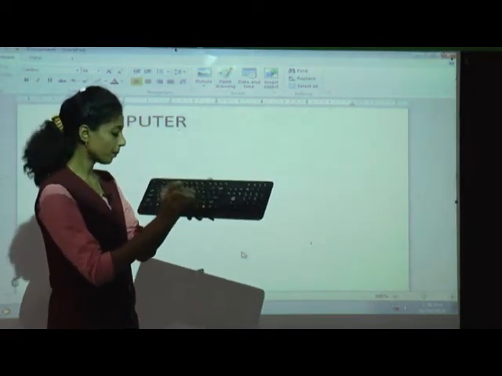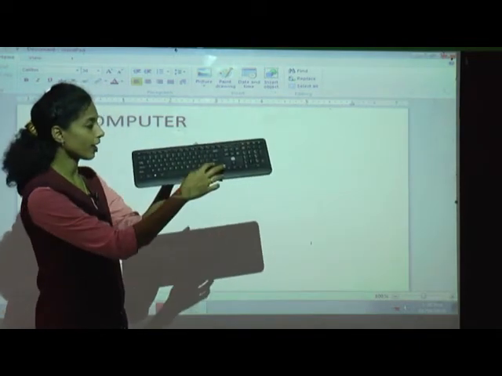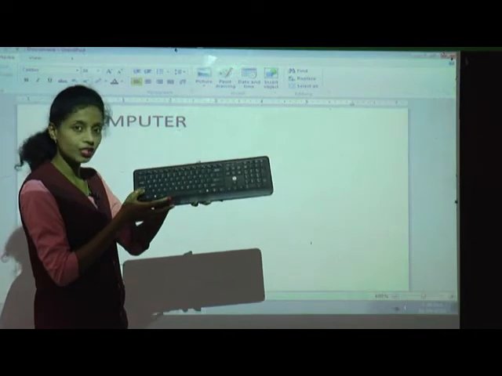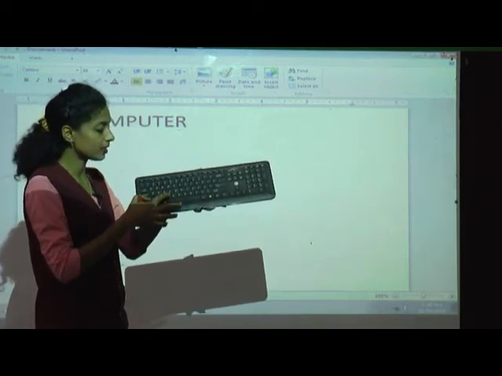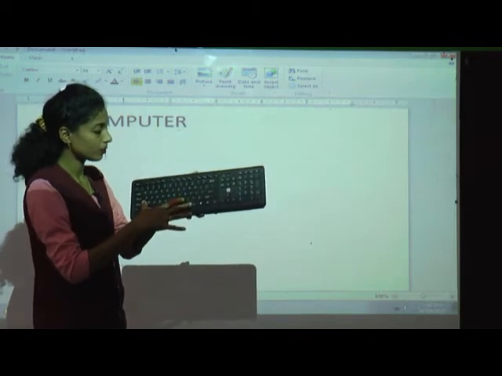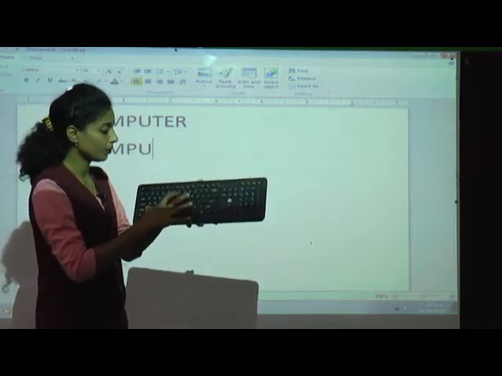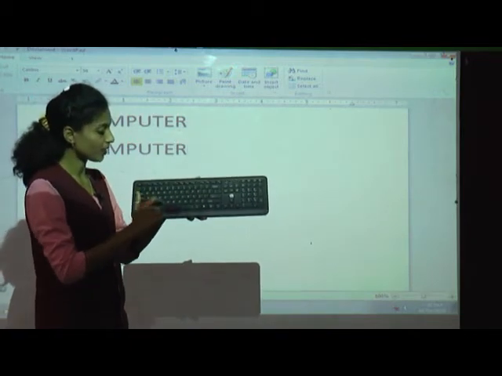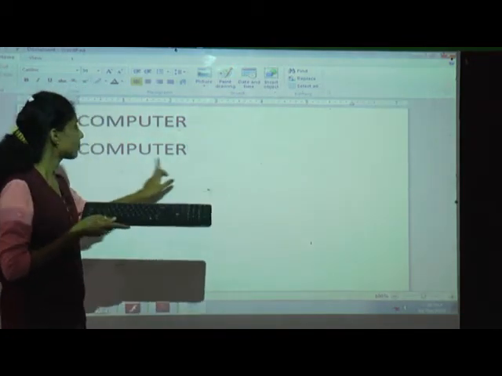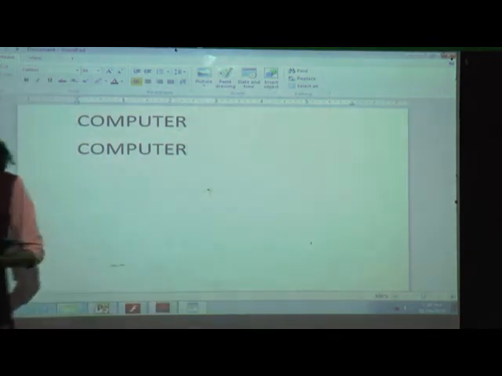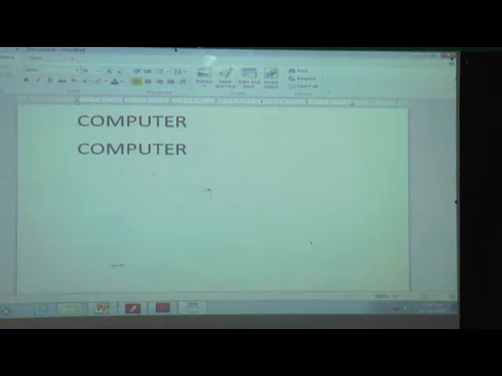Then we have to press the shift key here also and here also. If I want to write computer, I must press this key, C, then O, then M, P, U, T, E, R, right? But if you want to write this capital, we must press this shift key. That is one of the uses of the shift key, right?